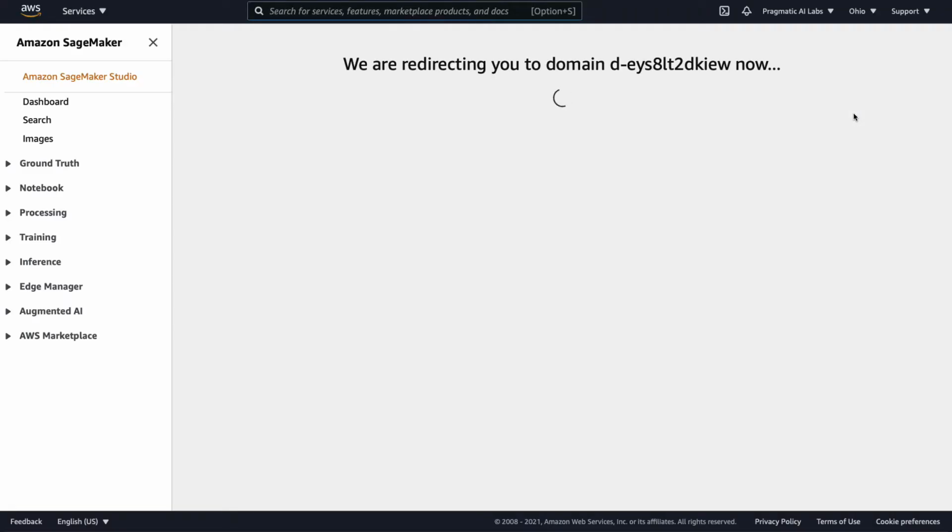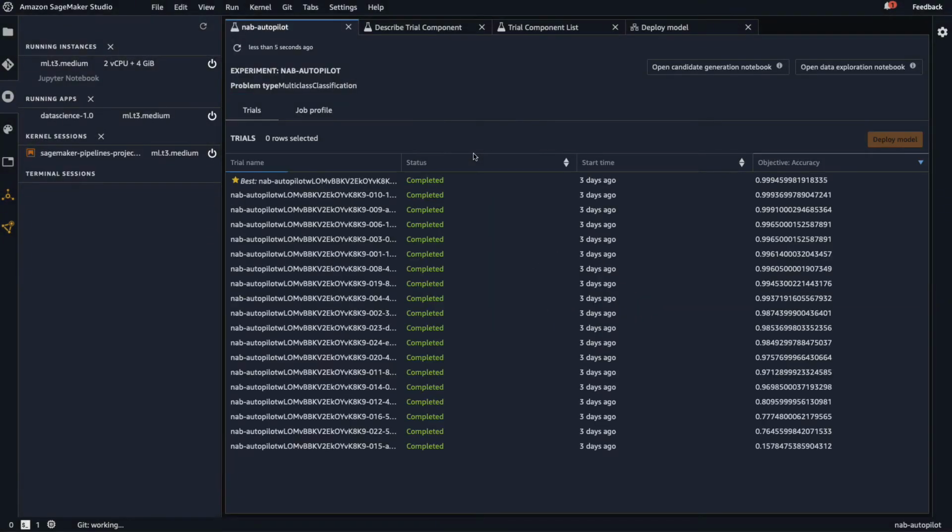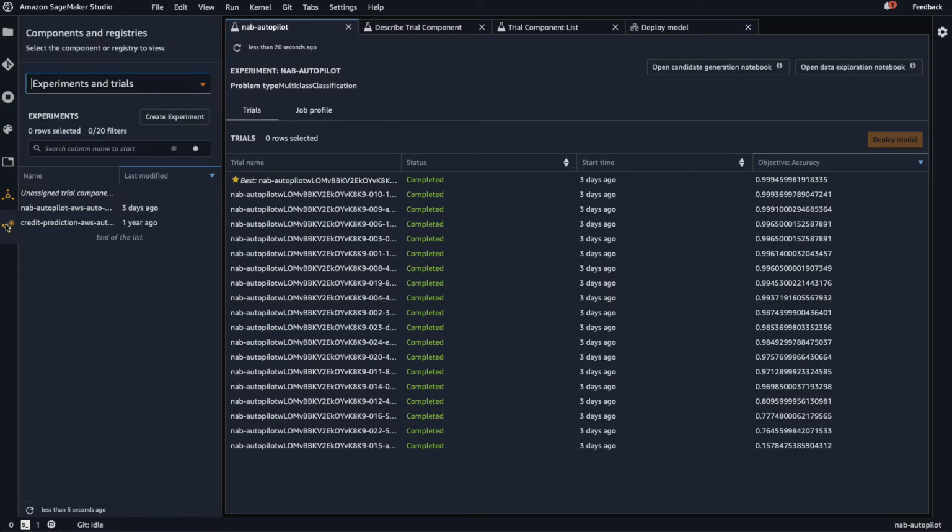Okay, now that I've got Studio open, what I can do next here is give you a brief tour of the interface. Now, one of the things that I'll point out with SageMaker Studio here is that it's important to look through these different left-hand icons. So let's go through one by one and look at them. So first, this is the